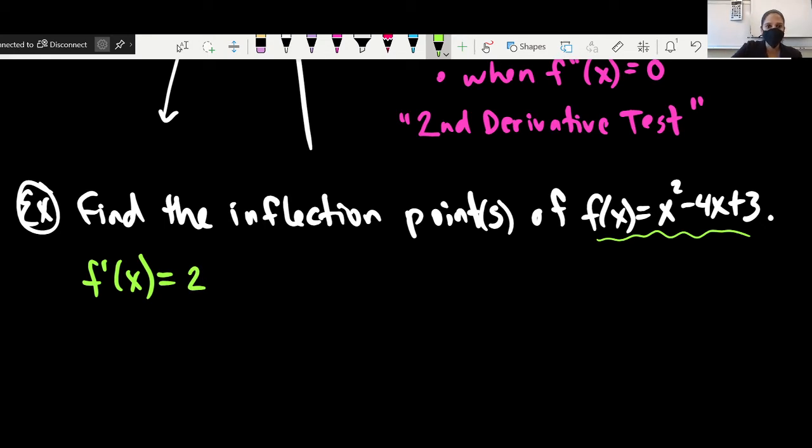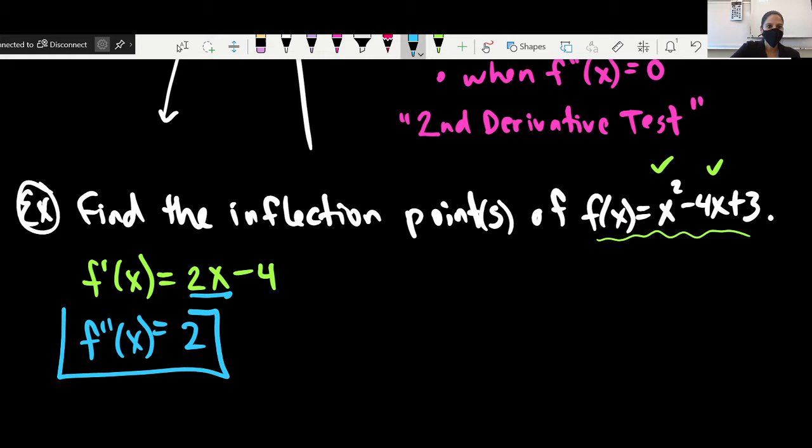But we know by looking at this that it's 2x minus 4. So it's pretty straightforward when we go through 2x there and minus 4 from there. And then we can take our second derivative from this, and from doing the power rule here, we find that it's just equal to 2. Okay, so f of x has no inflection points